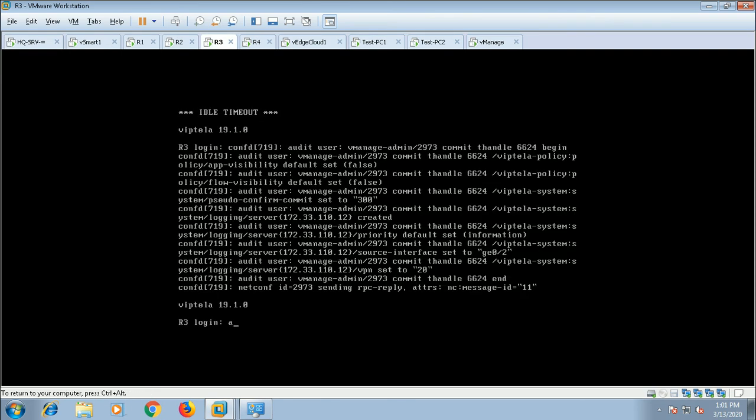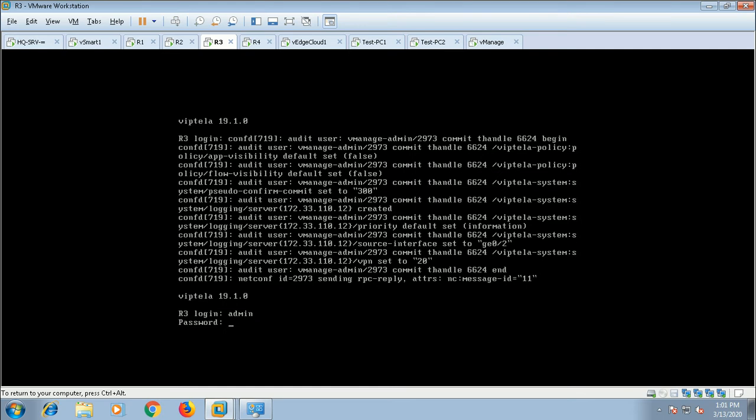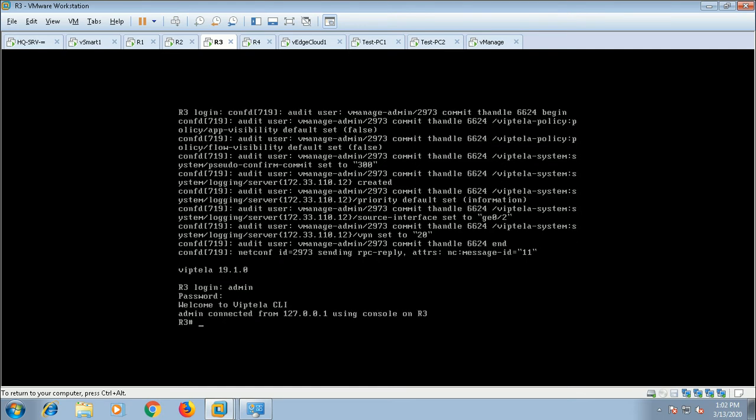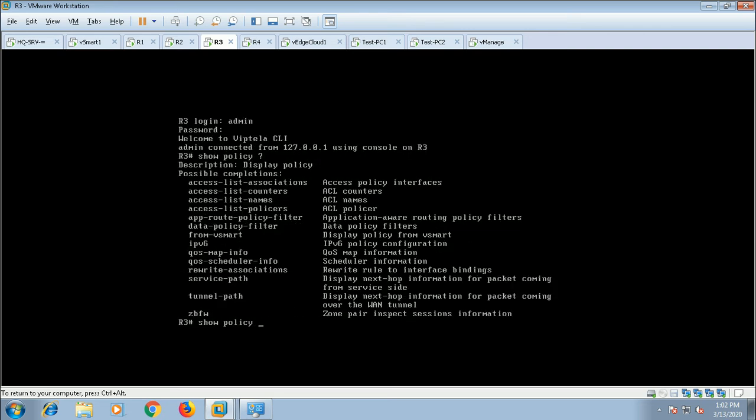We can verify with the help of CLI commands. There is an option for this zone based firewall, ZBFW,